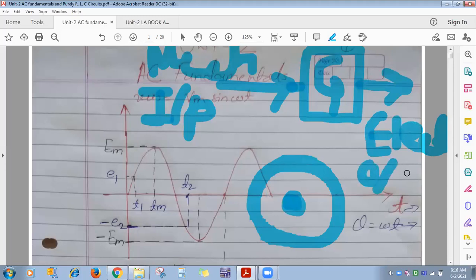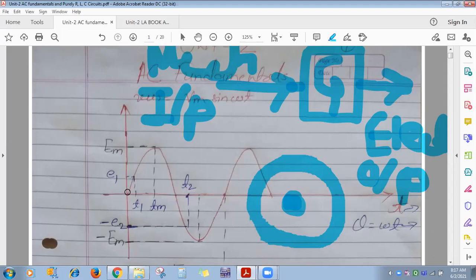The output of the generator is electrical. So the generator is used to generate electricity. The output electrical can be AC, it can be DC. Alternating means whatever you can see on the screen right now. See, alternating, its magnitude and direction continuously change with respect to time. Along the y-axis I have considered voltage, and along the x-axis time. So as time changes, the voltage's magnitude and direction continuously change. That is called AC, alternating.